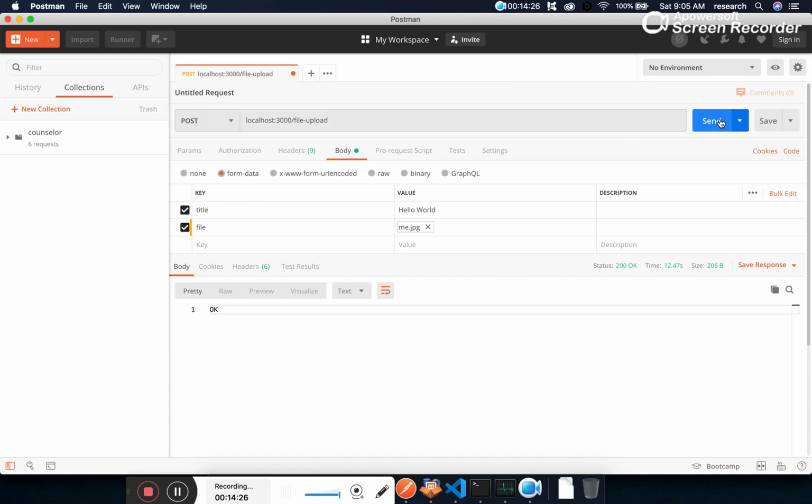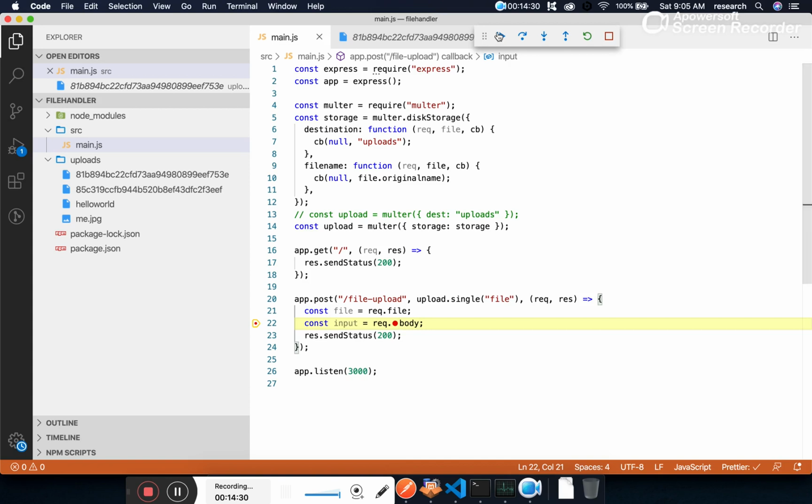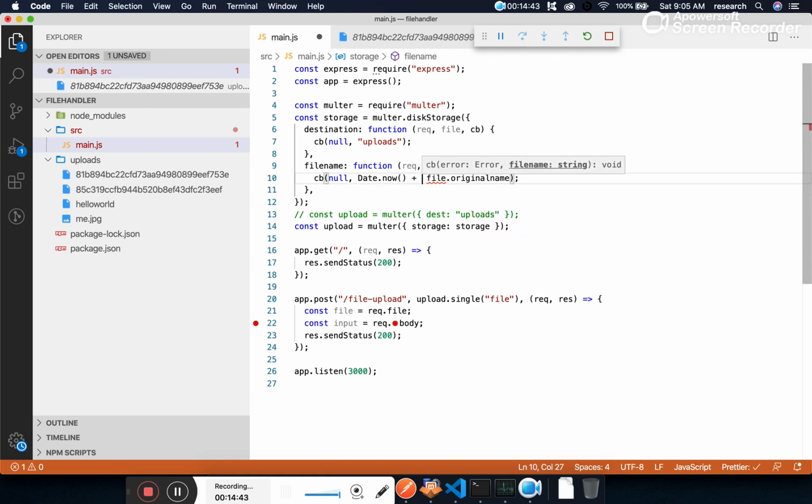The problem is that if some user uploads a file with the same name, again this will be overwritten. So what do people do? Here we use Date.now. We try to create a unique file name so that those files should not get overwritten.